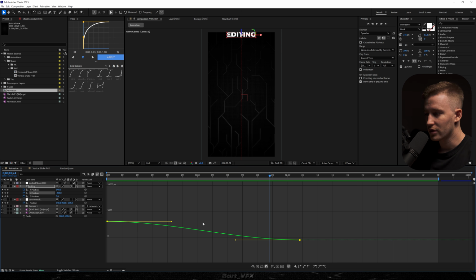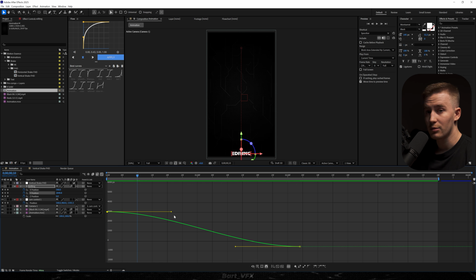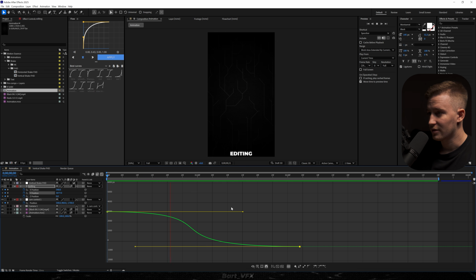By the way, if you hold Control and use your scroll wheel, then you will be able to see more. So here on the left side, you will see the values for our position. So our movement starts at 3000 and then goes all the way down to -500. So for example, if we wanted to create a peak in the middle, we would just simply drag that dot over here and then this one to the other side, and it's our mid graph, but obviously that's not the